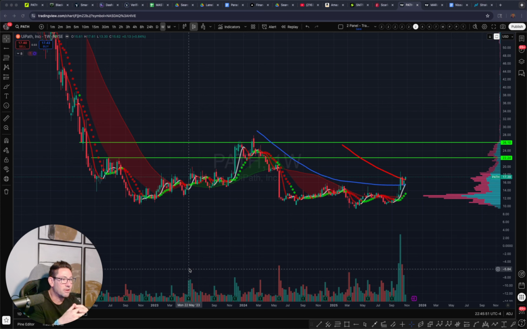So clearly you can see we're above all key moving averages and actually looking to potentially confirm above the 150-day, which is this blue line. The red line is the 200-day. So next week we potentially can get a confirmation above that, but it's above the 20, the 50, now the 150 with potential confirmation. And it is building a nice bull flag with bullish consolidation right here, and I think